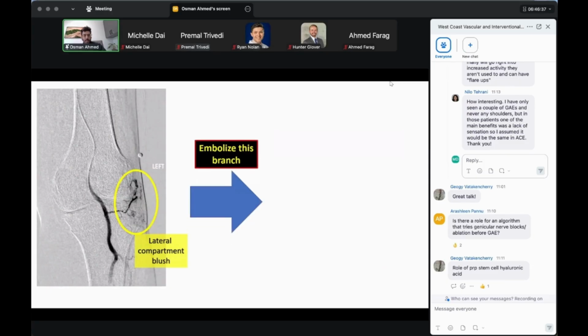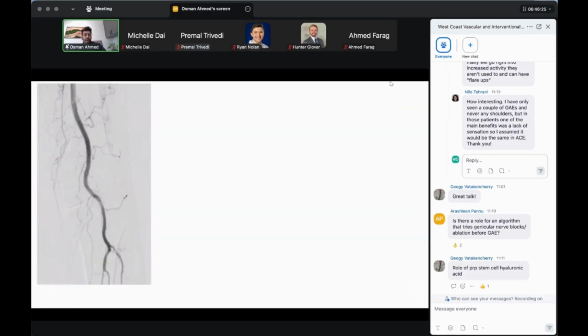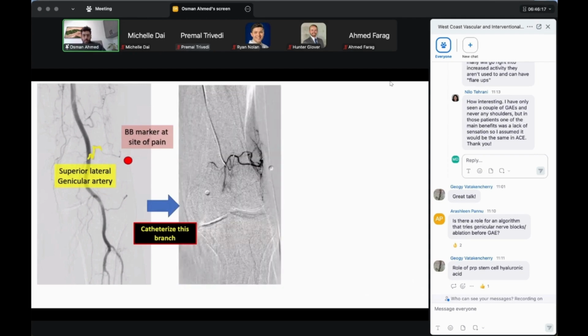This gets to be very repetitive the more you do this. And again, very small amount of embolic, like 0.4, 0.5 cc's. You can see here we've essentially eliminated that blush, and we still have flow within that parent genicular artery. Are we done? Nope. We're going to go ahead and go into the superior lateral genicular artery as well. So we're going to go ahead and catheterize that branch. And again, you can see here, once you've catheterized it, just like the prior, you appreciate that blush much more once you've catheterized that vessel.